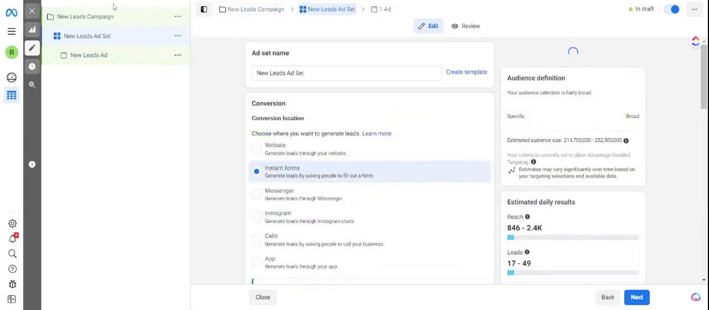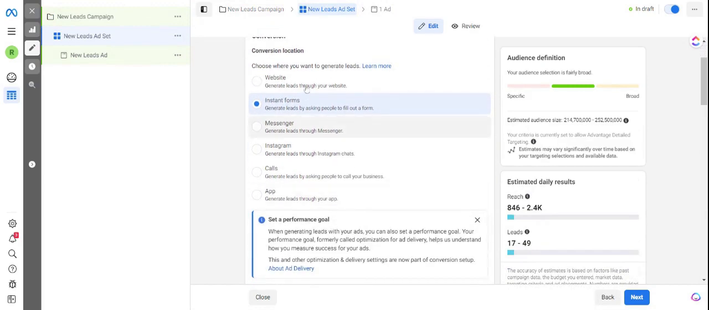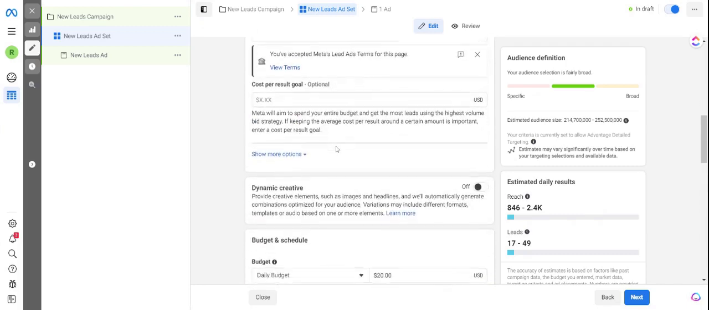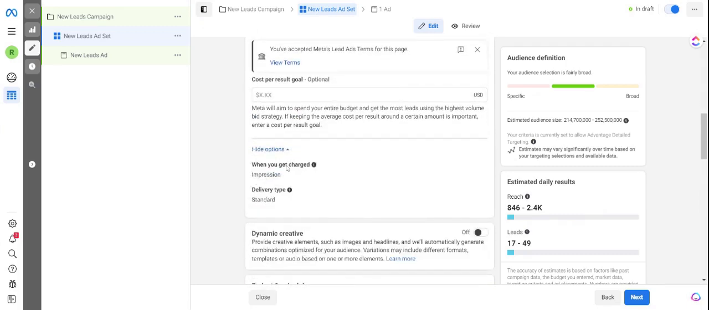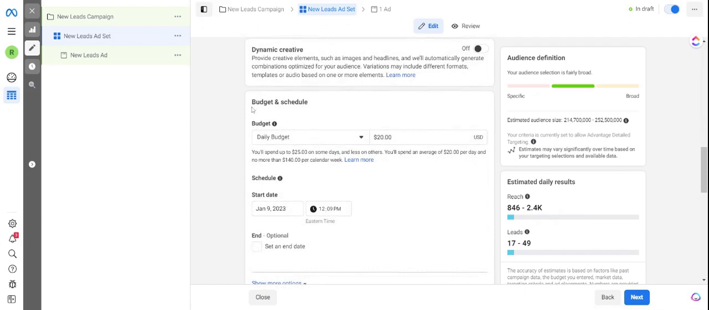Campaign, ad set, ad. In the ad set here, you want to do either instant forms or instant forms in Messenger. I just like these instant forms. I don't mess with Messenger ads, really, honestly. And then performance goal, maximize number of leads. That's perfectly fine. And then here, when it says show more options, that's about when you get charged. You're charged on impression, standard. Can't really change that. And then here on the budget,